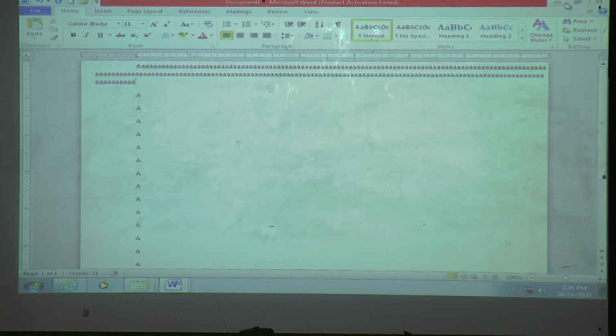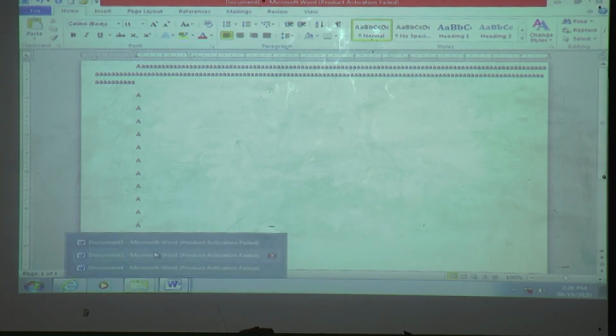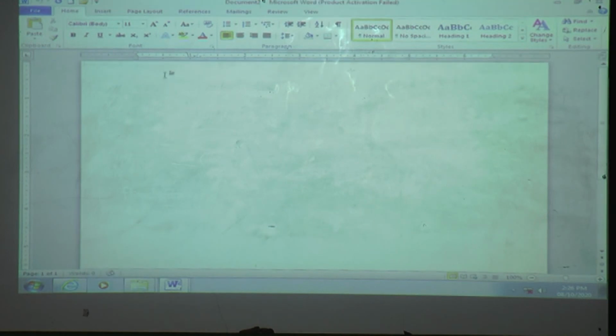Now we will see how to write in a document. Where are we writing? Yes, in the workspace. Which part is useful for writing? Keyboard. Keyboard is useful for writing.